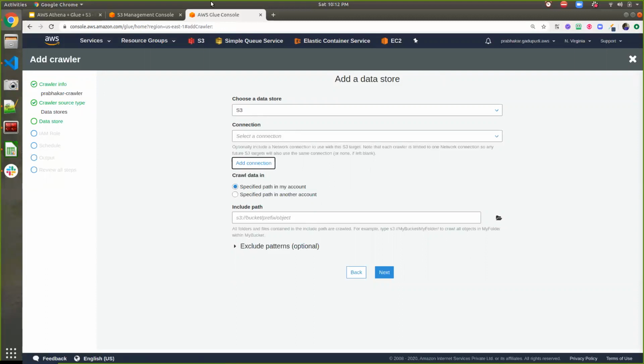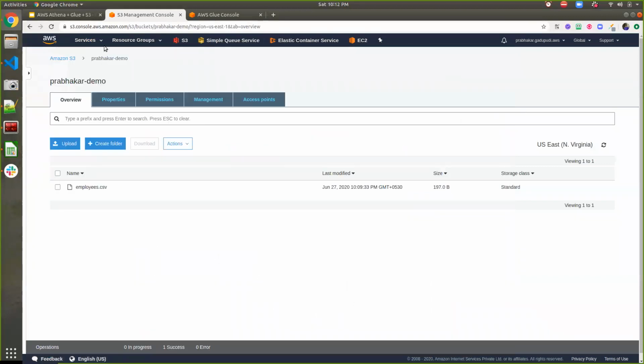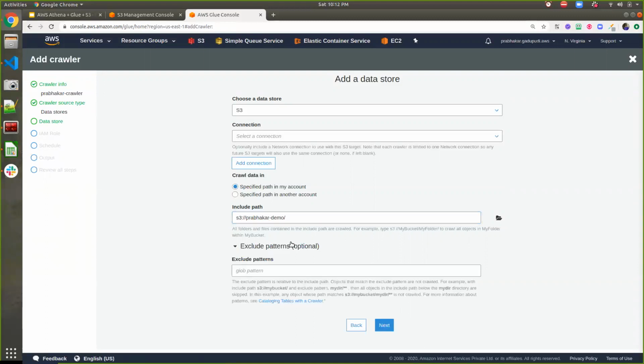If you go here and check, my S3 path is Prabhakar-demo. You can specify the bucket name here, like S3 Prabhakar demo. You don't need to specify the file name, and there are certain exclude patterns available. If by mistake someone copied any txt file or exe file, I can ignore that and consider only CSV files.